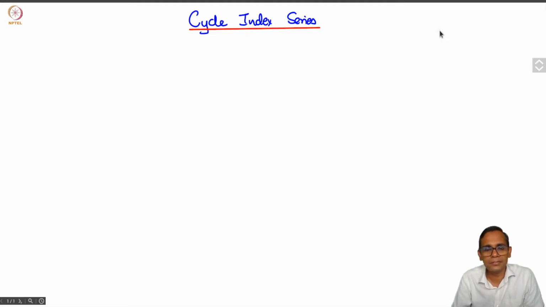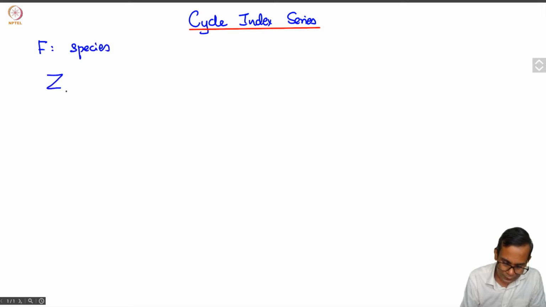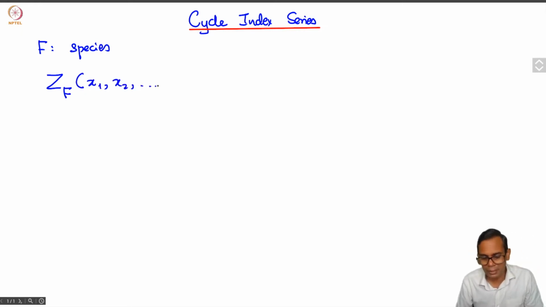A more sensitive generating series that can be associated to a combinatorial species is the cycle index series. So let me just write down the definition first, and then we'll try to understand what it means. Given a combinatorial species of combinatorial structures F, we define the cycle index generating series of F. This is going to be a power series in infinitely many variables,